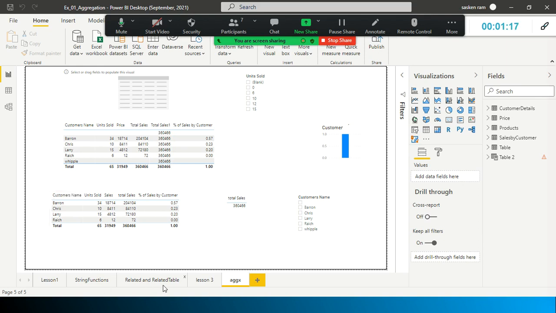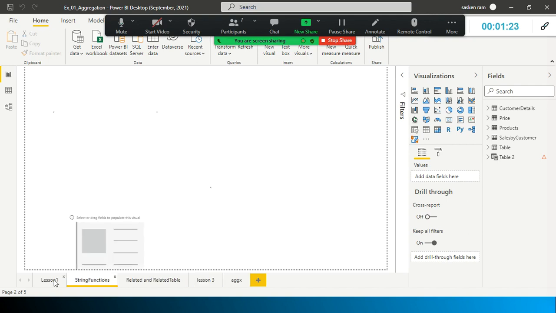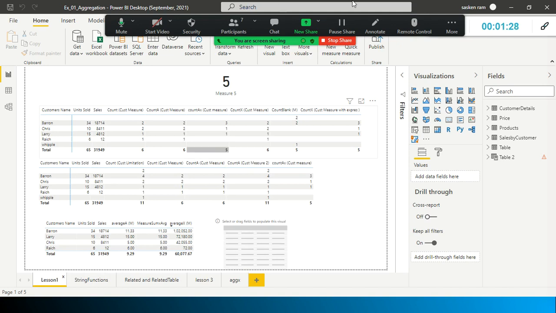We have discussed string functions, aggregations, RELATED and RELATEDTABLE. See, whatever I discussed yesterday, it has not gone, it is there here. But a few files have gone in my case. Though I was able to open this one, I could not see the recent content I made. I made sure that I saved those files, but still, at the OS level, you should take a copy. I don't know what is happening.